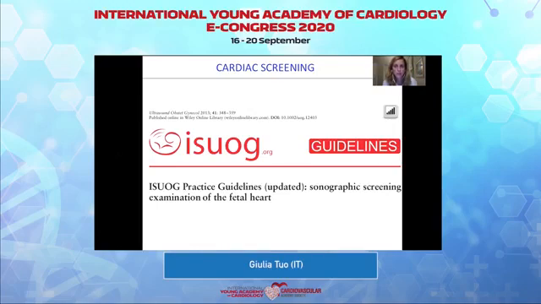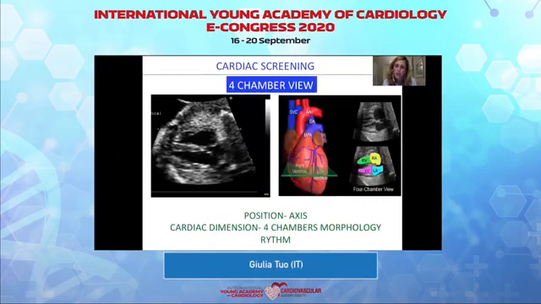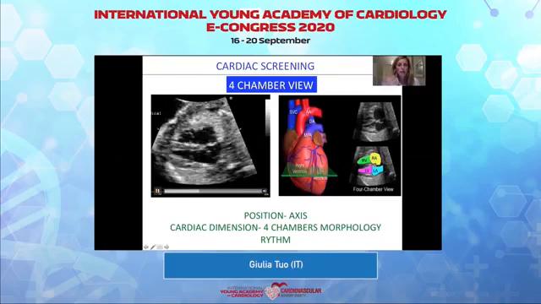that were updated to improve the detection rate of congenital heart disease, because they include in the cardiac screening not only the four-chamber view but also the outflow tract view of the heart, going from a 50% detection rate of cardiac anomalies during the second trimester of pregnancy up to 90%. So with the four-chamber view, the obstetrician can look at the heart inside the thorax,